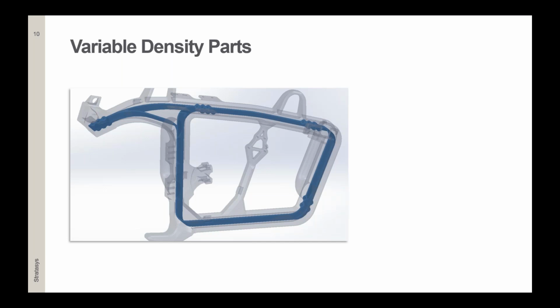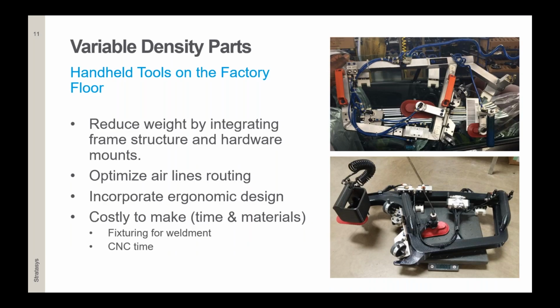When designing, we have to create separate bodies where each region's density can be adjusted independently. So as you see from this example part, the blue area there is an additional body created within the part, and these two separate bodies we can adjust independently. So as an example, we can take